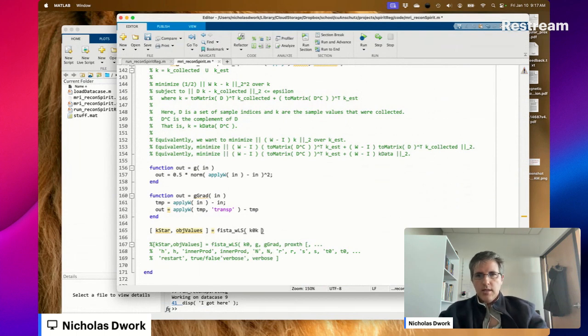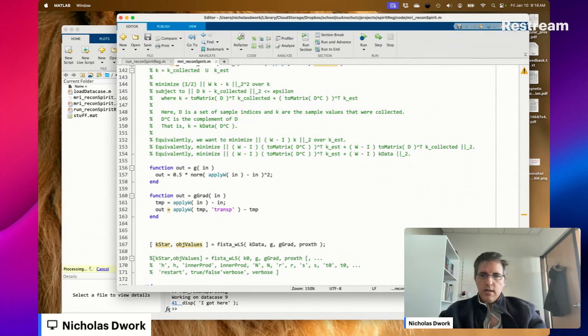K naught. So we'll just put K data in as K naught. That's the simplest thing we can do. This is the fewest, so we can't output the objective values like that. So then we need the proximal operator of H. Well, what is H? H is